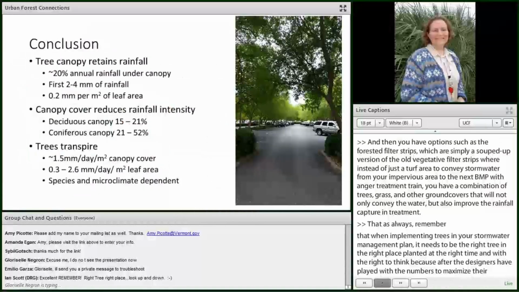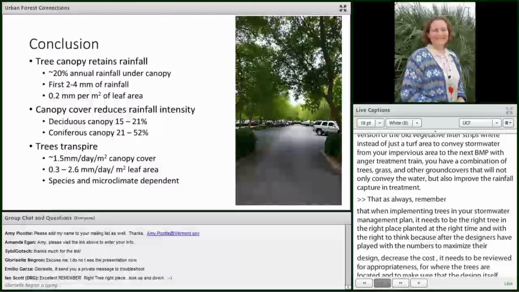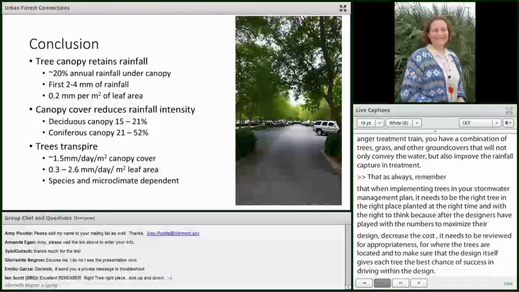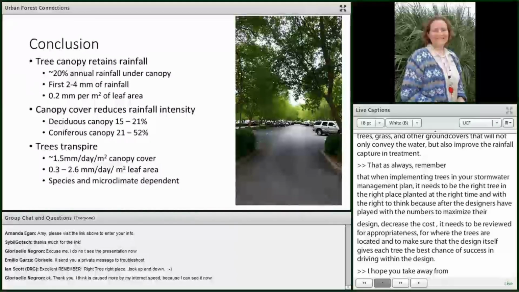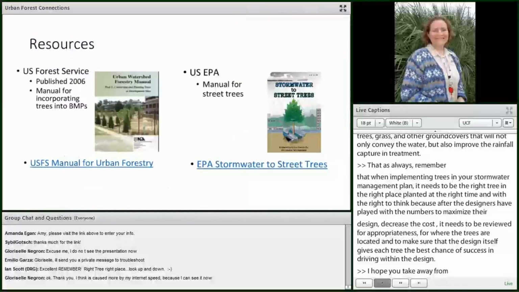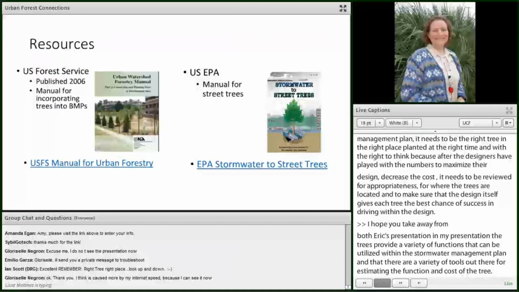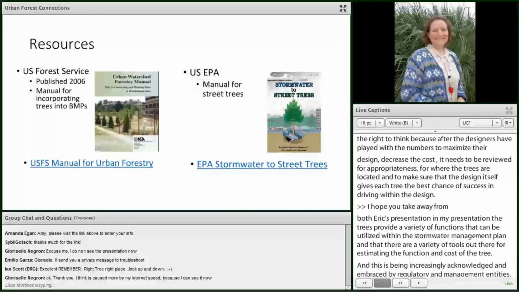So I hope you take away from both Eric's and my presentation that trees provide a variety of functions that can be utilized within the stormwater management plan, and that there are a variety of tools out there for estimating the function and cost of the tree. And this is being increasingly acknowledged and embraced by regulatory and management entities. I'd like to leave you with a couple of resources that could be helpful in designing and estimating the performance of stormwater BMPs with